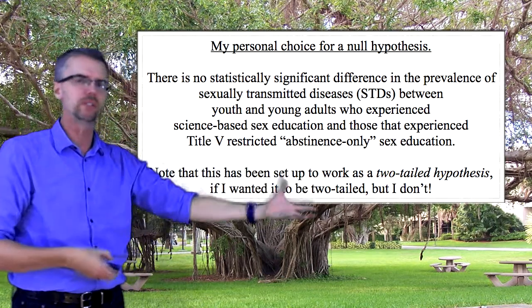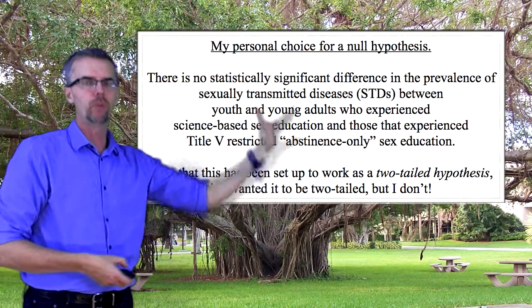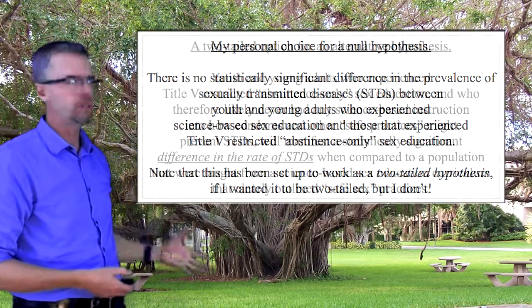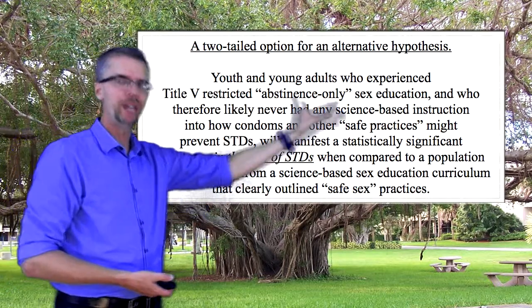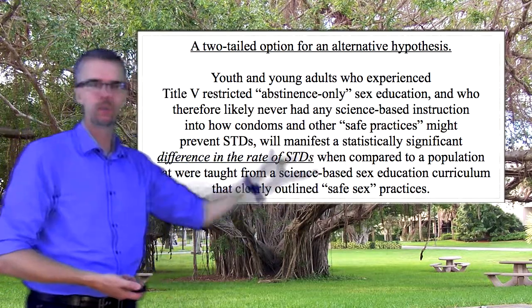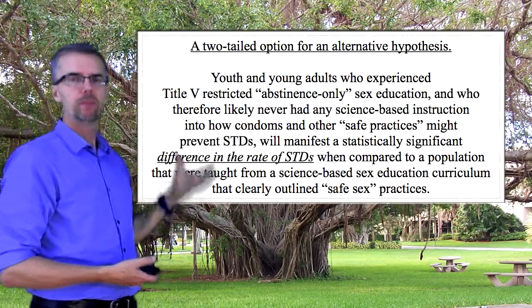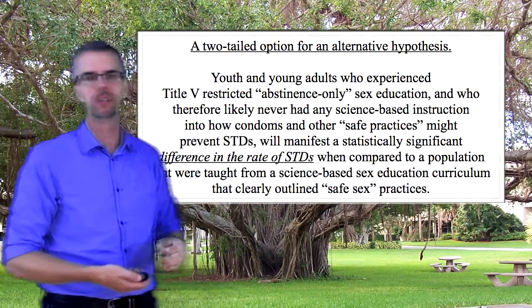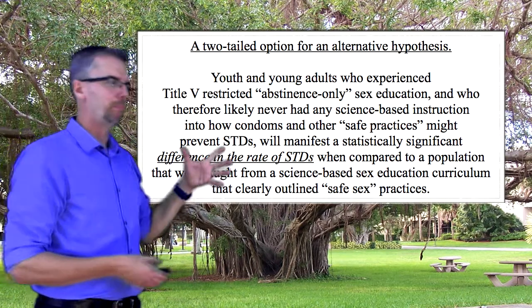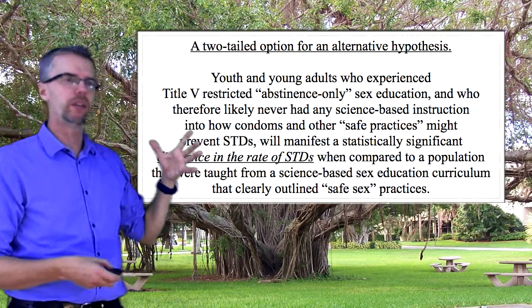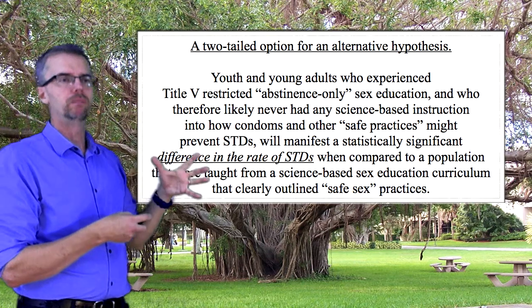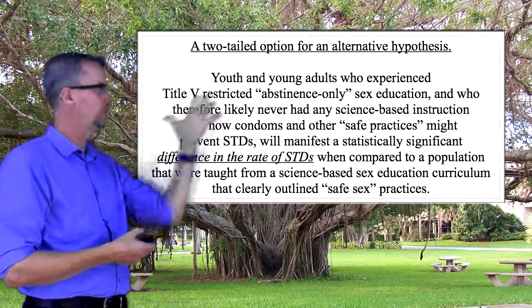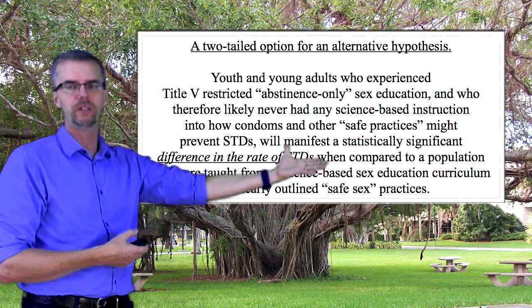A null hypothesis is the absence of what you claimed in your alternative hypothesis. So here in our alternative hypothesis, we're hoping to be able to claim, after we do our research, that abstinence-only sex education made a difference in sexually transmitted diseases. In this way of thinking, it says it just makes a difference in the rate of STDs. So we're leaving this